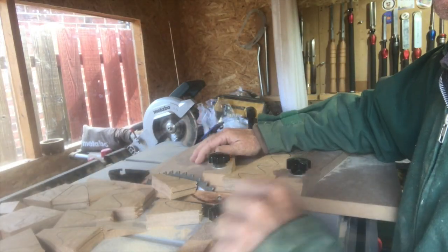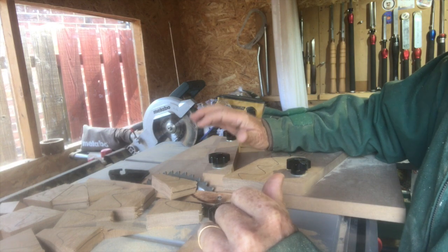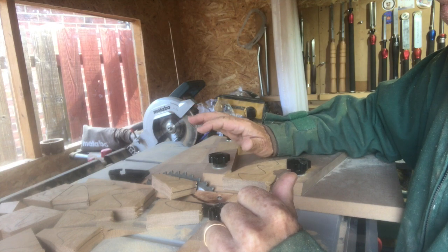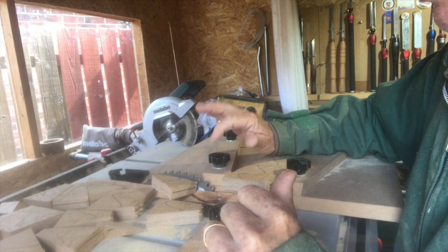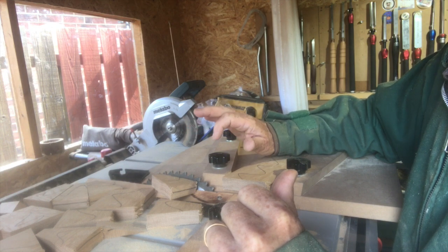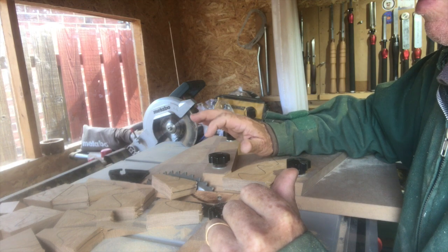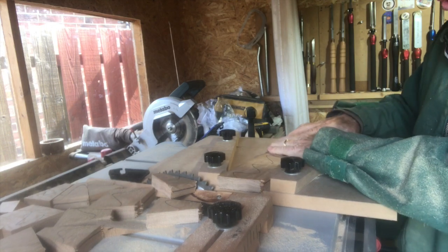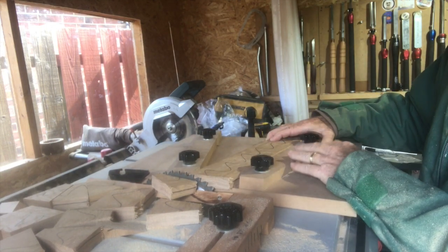What I forgot to say before I started segmenting, because you can't have a guard on that blade when you're segmenting, please take extra care, because I'm sure, and I don't want to ever find out, that will do some serious damage to your fingers or your hand. So keep well away from the blade, keep your hands on the segmenting stick itself,